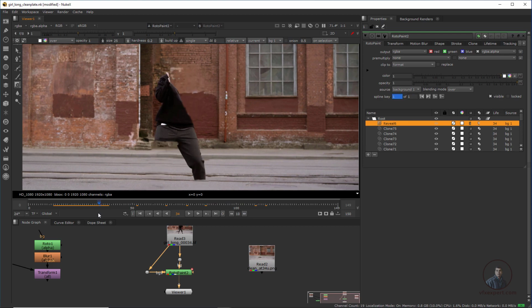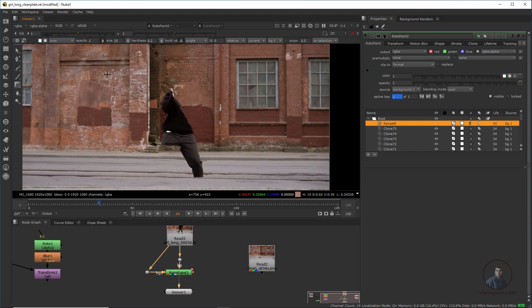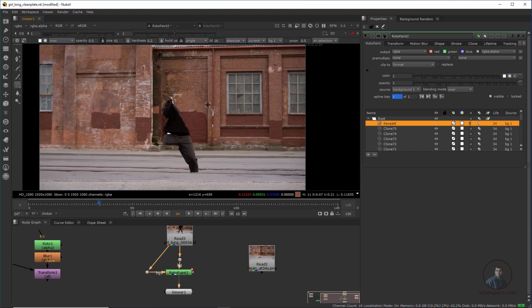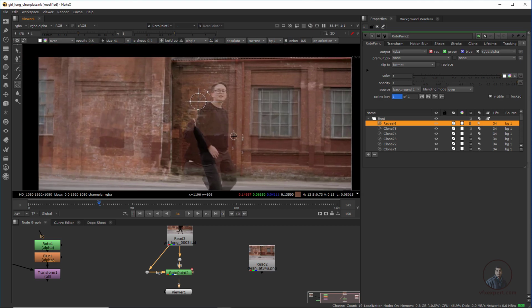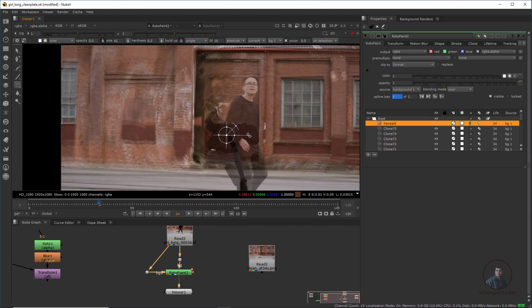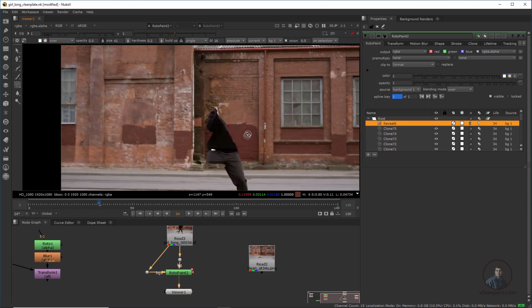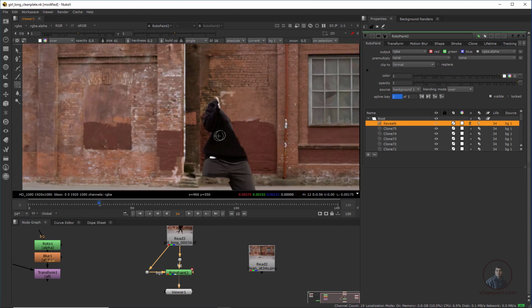So then again place the CTI here, then from here first select clone, then from 16 here we have to define it, then type in the reference frame, then again press T here. Now match, then again press T and paint out this one portion here.